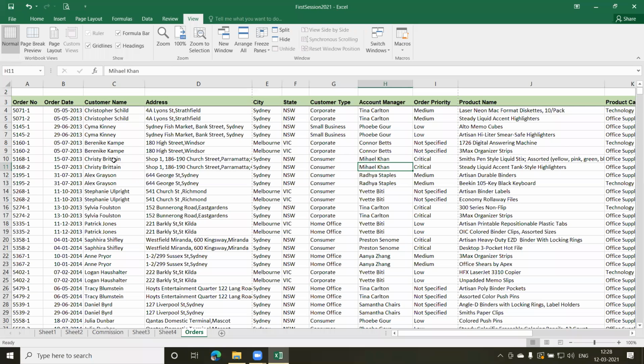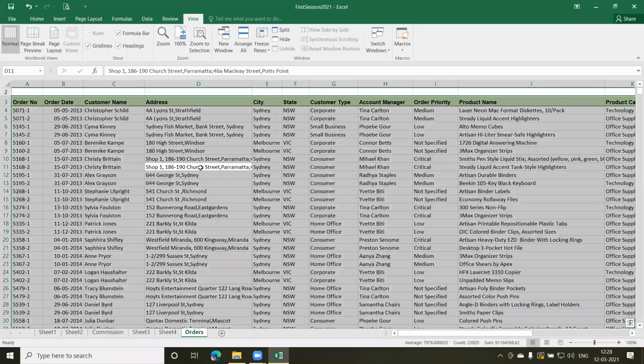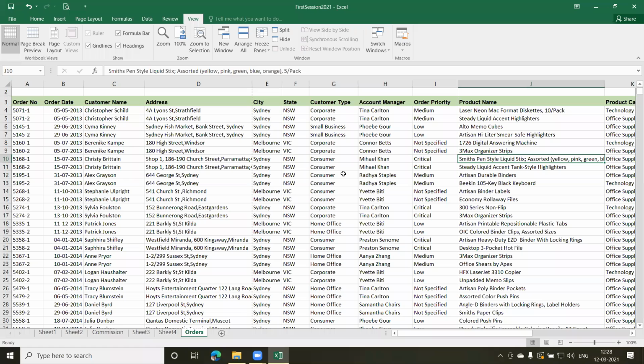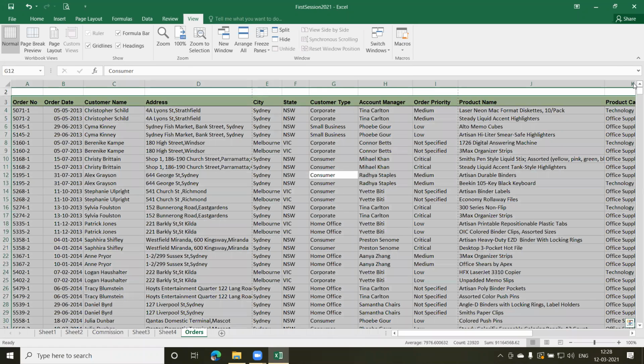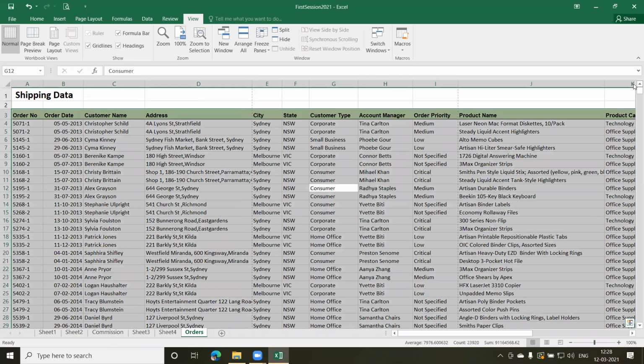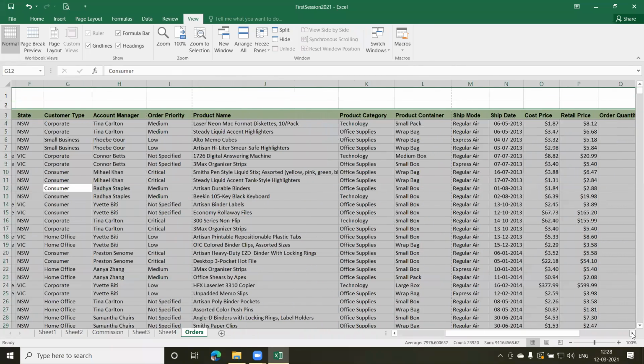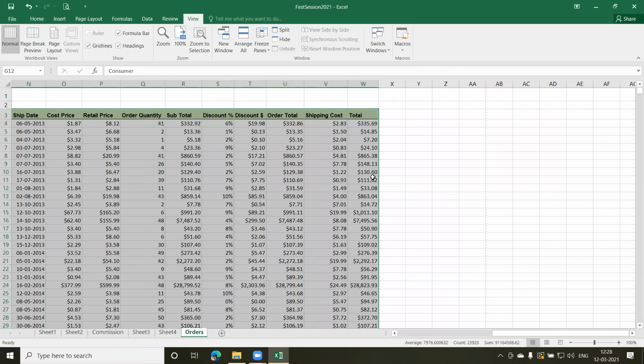Let us first convert this range of data, starting from row number 3, into a table. I want to select all the data. How do you do it? You can position your cursor anywhere in the range and press Ctrl A. When I press Ctrl A, all my rows and columns get selected. I'll press Ctrl A again. When I scroll up, rows 1 and 2 are not selected. When I go across, only the last column, Total, has been selected.